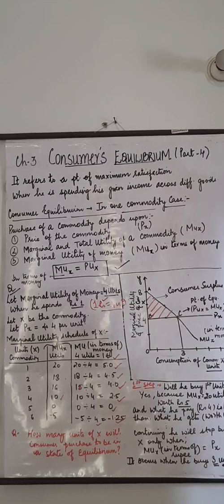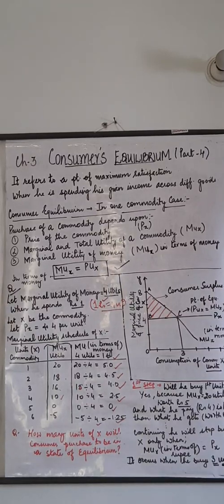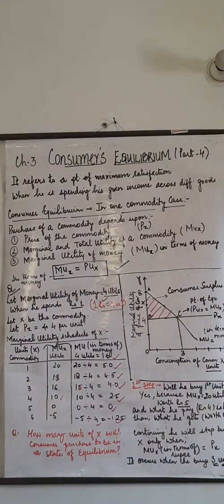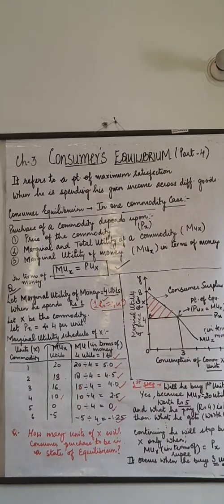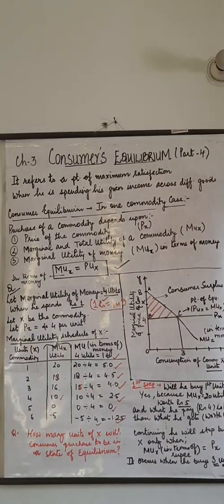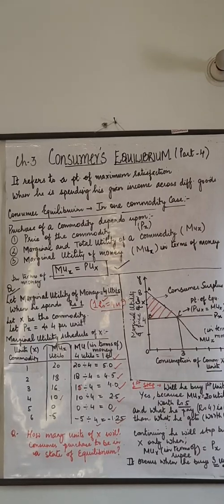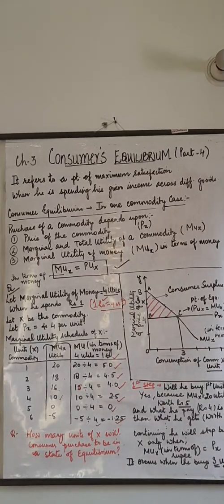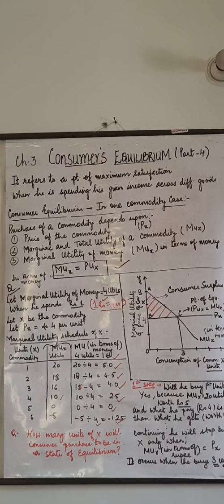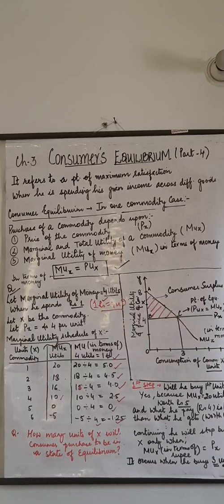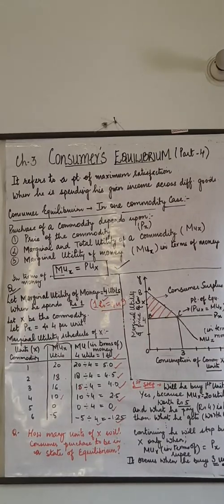In layman's terms, if I ask you, how many things will you purchase if you have 10 rupees? You will purchase only the things till your 10 rupees are consumed. As many goods as till 10 rupees is consumed. Or if you are consuming one commodity worth 10 rupees, you will consume that commodity even where the price is more, but you get it at 10 rupees. Sometimes at the time of a sale, we generally get a 700 rupees shirt for 500.